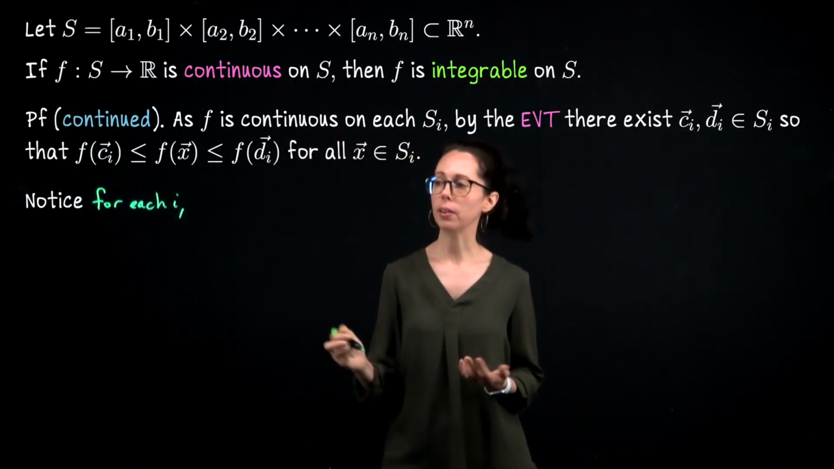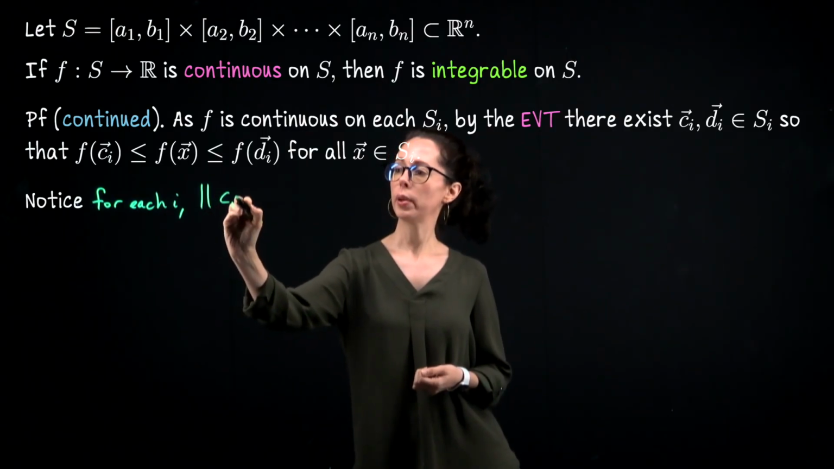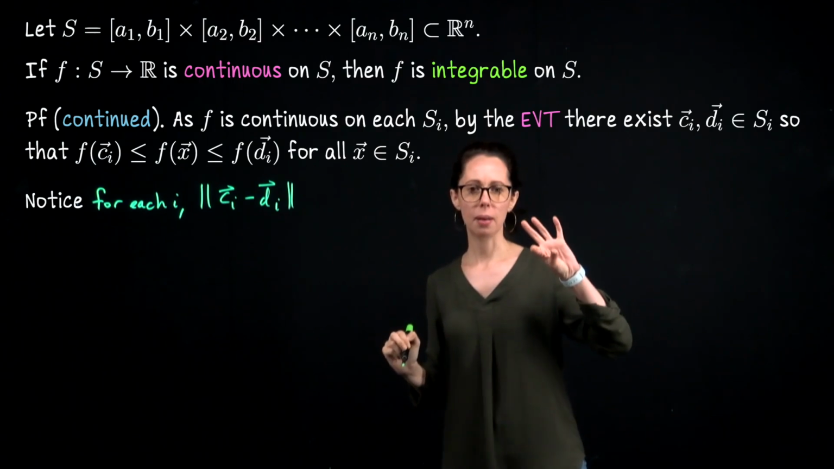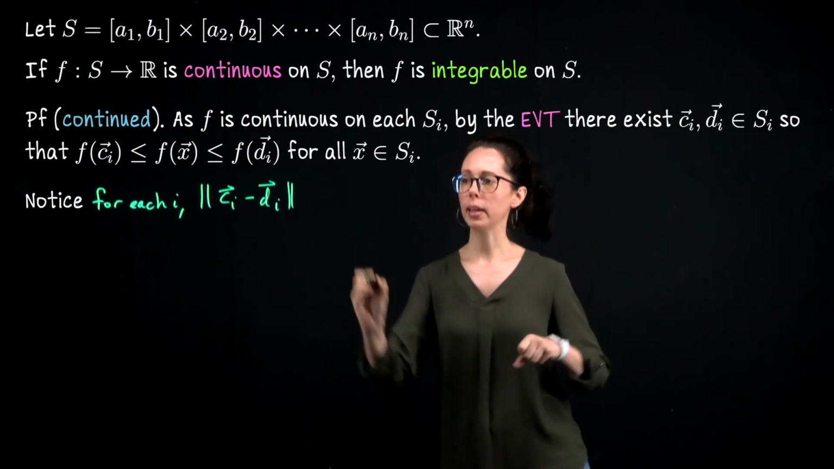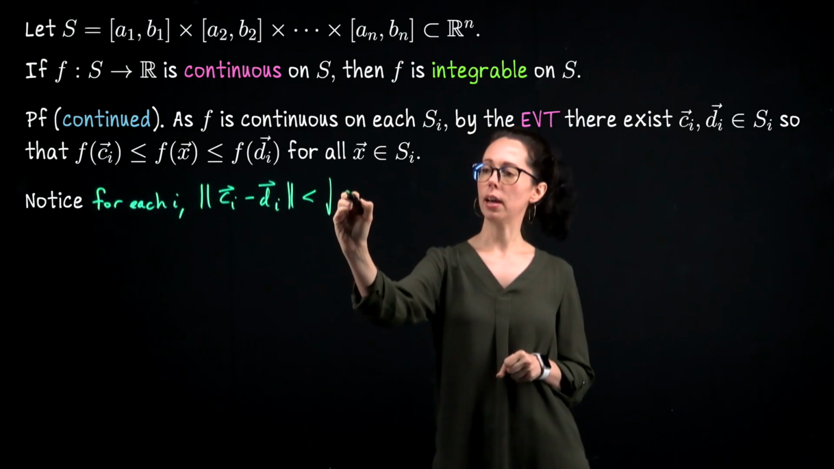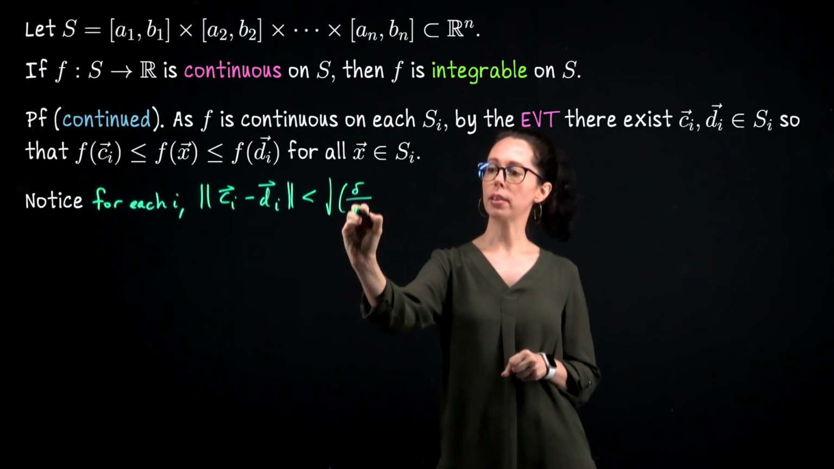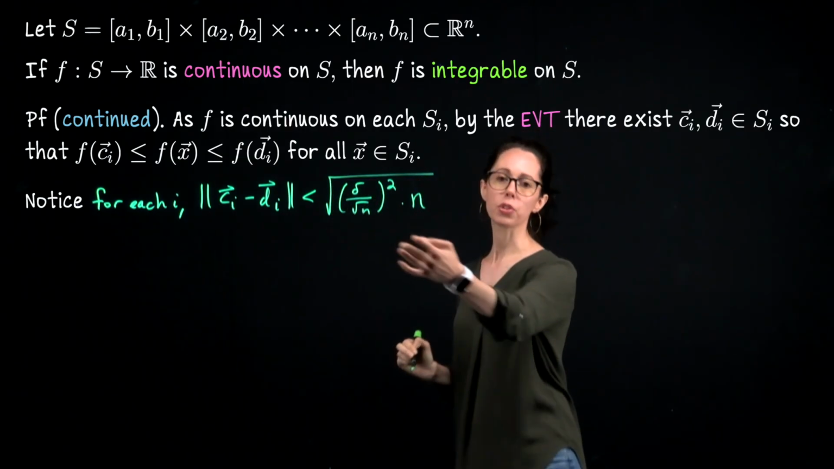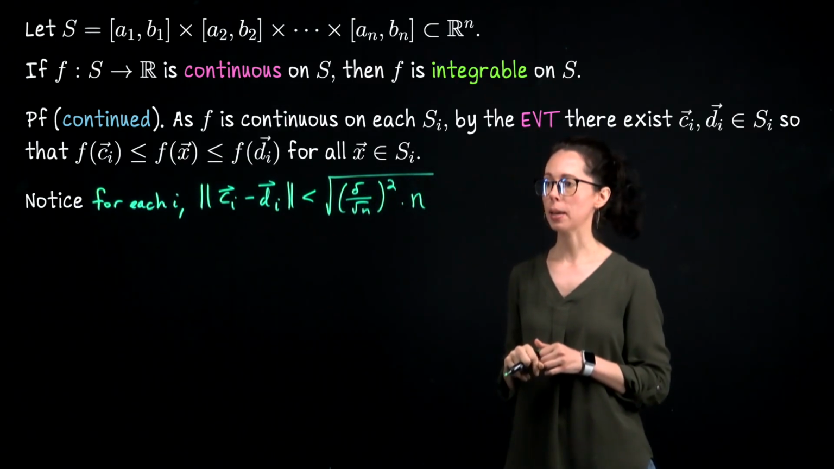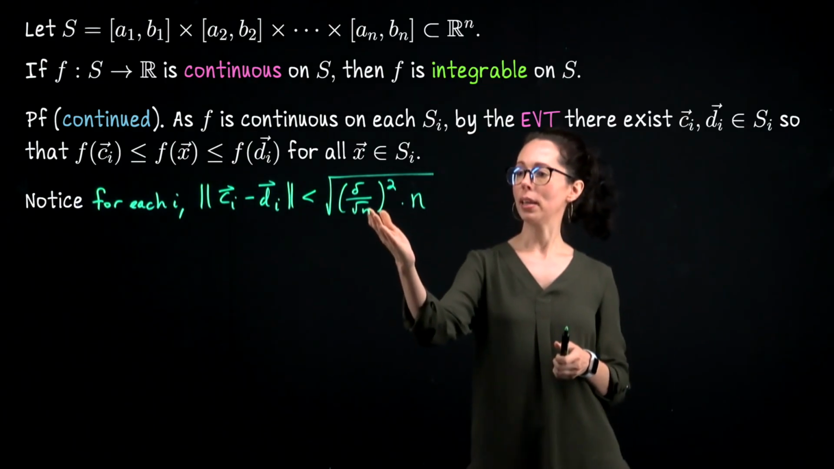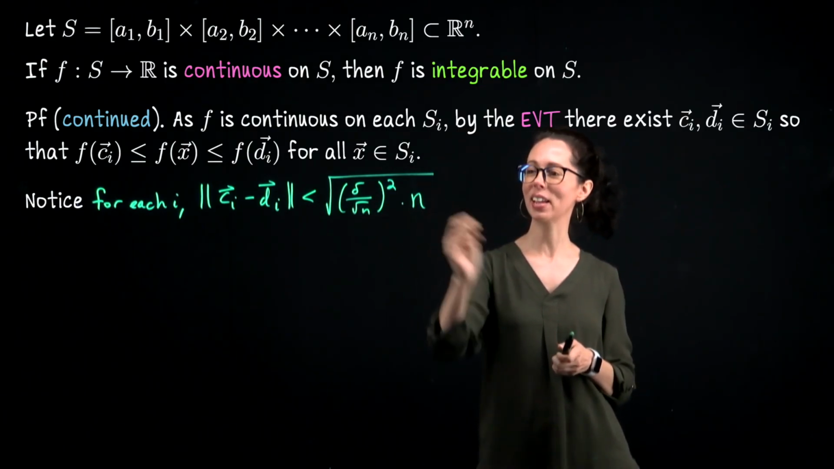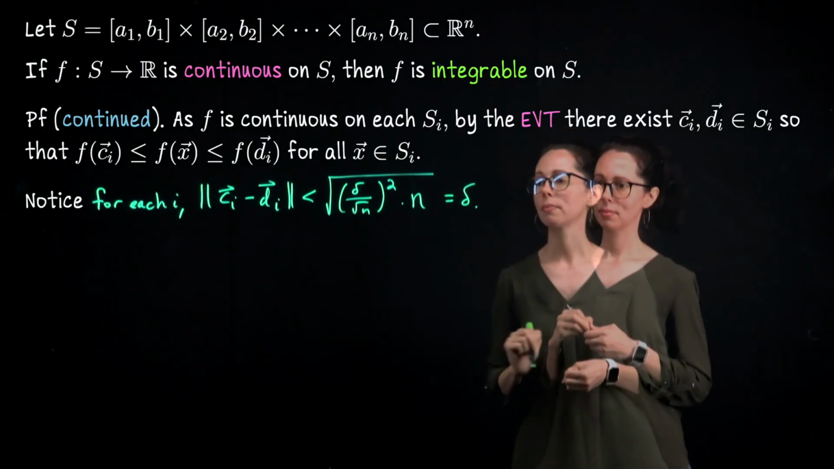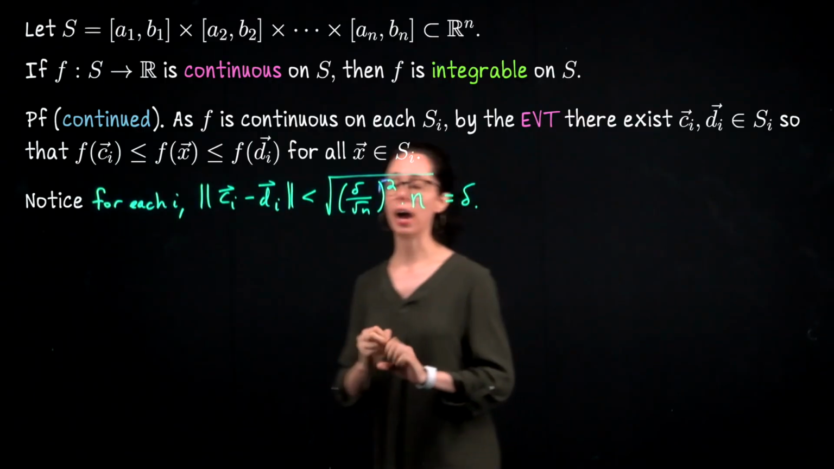So for each subrectangle, the distance between Ci and Di, I'm not going to write out the distance formula, I'm just going to jump ahead a little bit. This is less than the square root of delta divided by the square root of n squared, times n. If you think this jump is too far, feel free to fill in the intermediary step there. Okay, the square root of n squared cancels with n. We get the square root of delta squared, which is delta. Consequently, for each i,